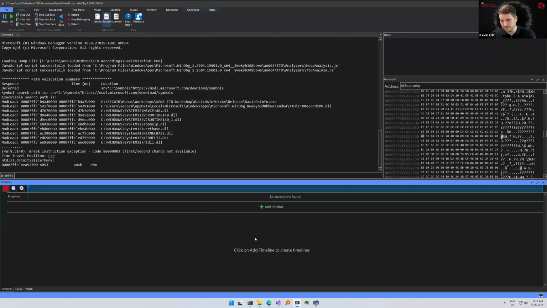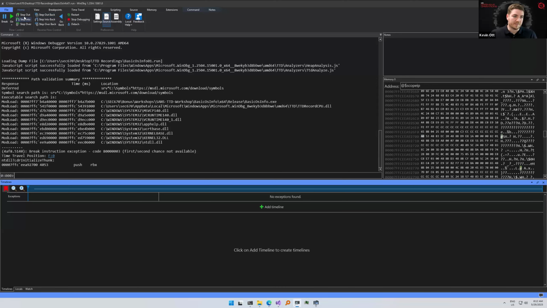have a timeline down here. We're going to look at how we use that in a second. Then what we also see is we have a few new commands. And that's what I want to talk about first, because these commands are normally not available in a normal WinDbg